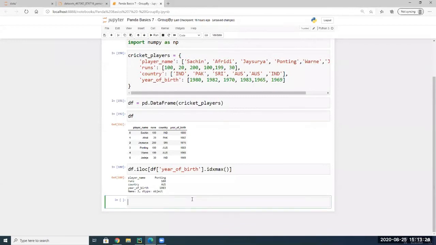Now this was straightforward. Now consider a use case wherein we wanted to find out the youngest player in each country. So in order to get this detail, first thing we need to do is group our data frame with the country column. So first thing we would try to find out how many unique countries are there in our data frame. So we could do this using a unique function